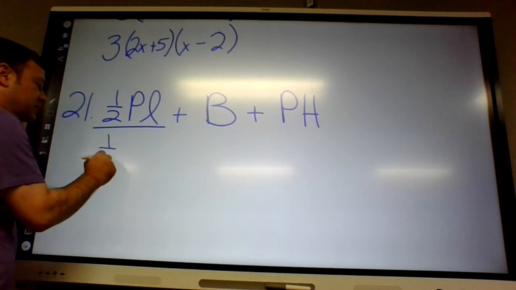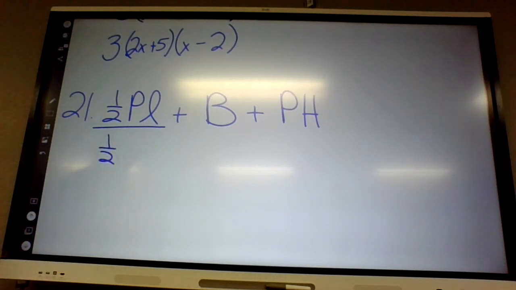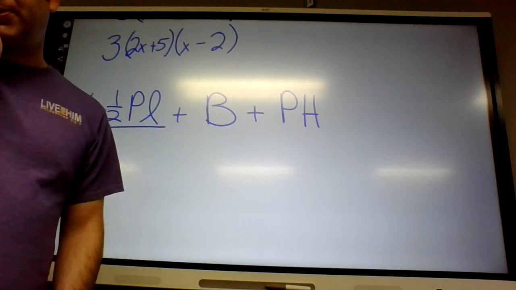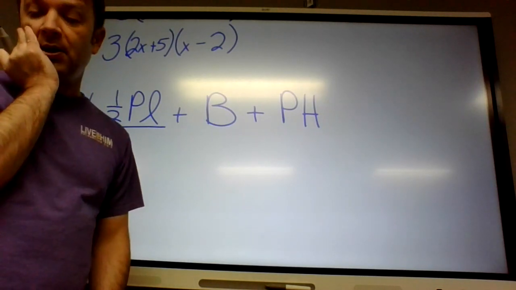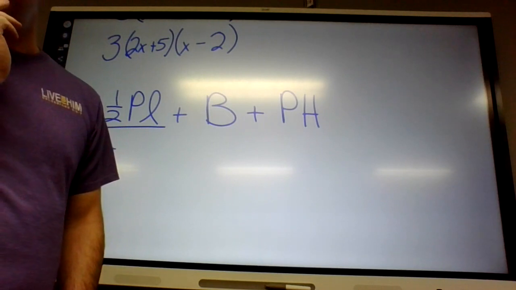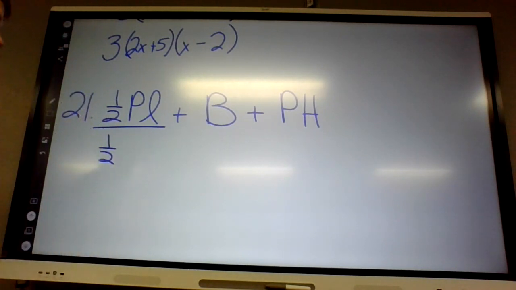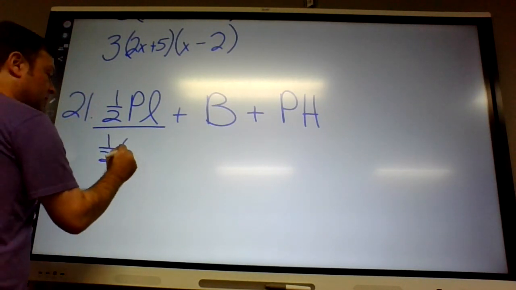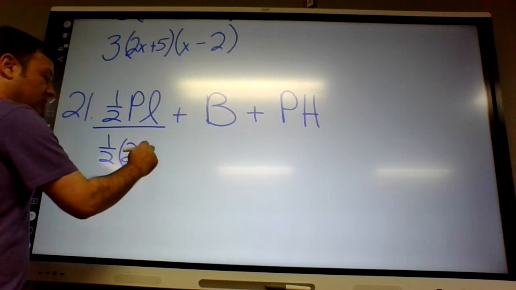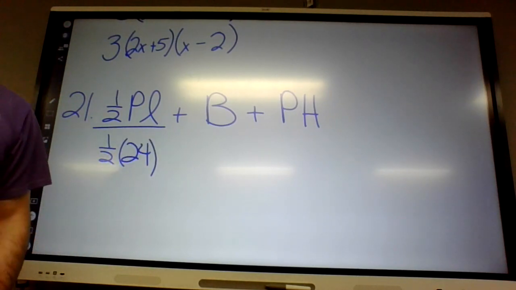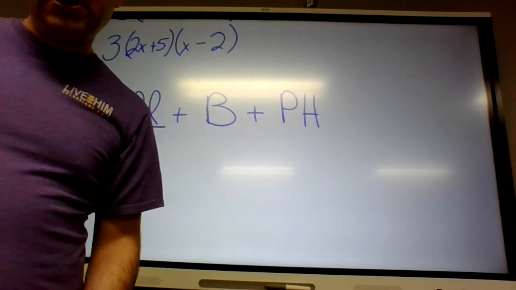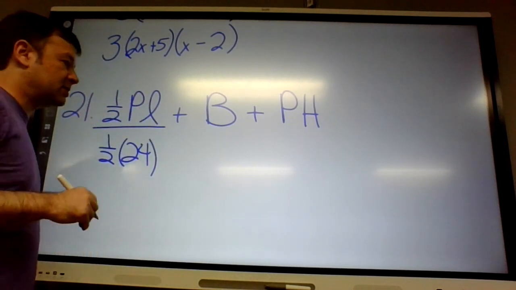1/2, what's the perimeter of the base? 24. Yeah, the base is a square, so it's 6, 6, 6, 6. So 6 times 4, or 24. What's the slant height of the pyramid? Oh no, they didn't tell us. We're gonna have to find it ourselves. Okay, let's start with,